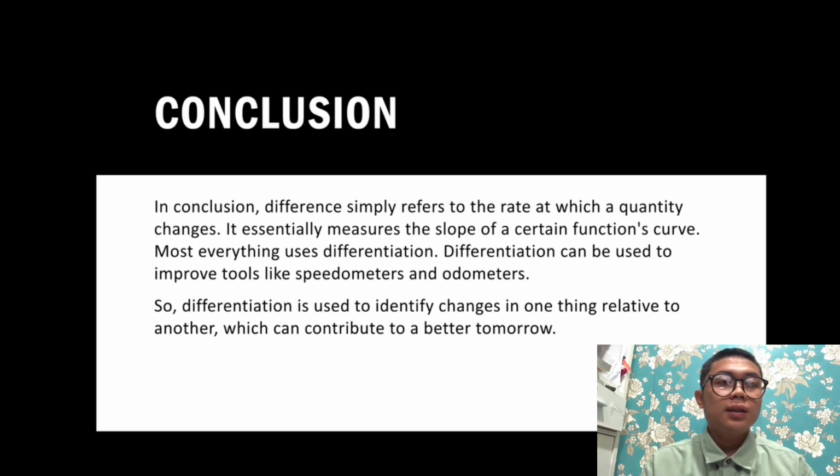Lastly, in conclusion, differentiation refers to the rate at which a quantity changes. It essentially measures the slope of a curve of a function. Where is differentiation used? Differentiation can be used to improve tools like the speedometer and odometer. So, differentiation is used to identify change in one thing relative to another, which can contribute